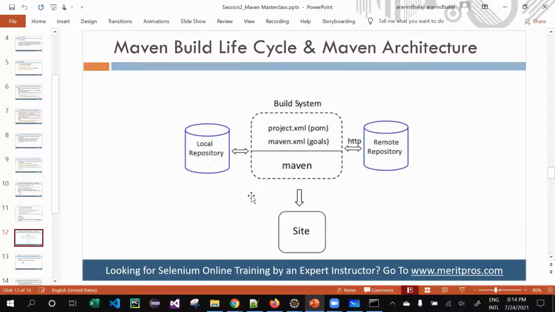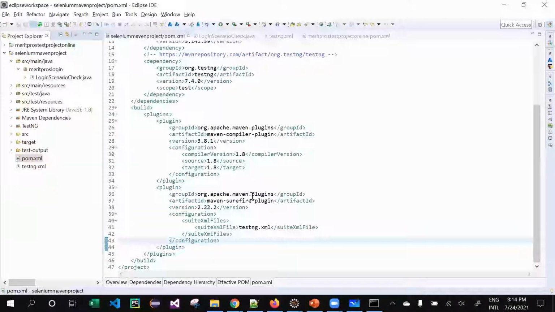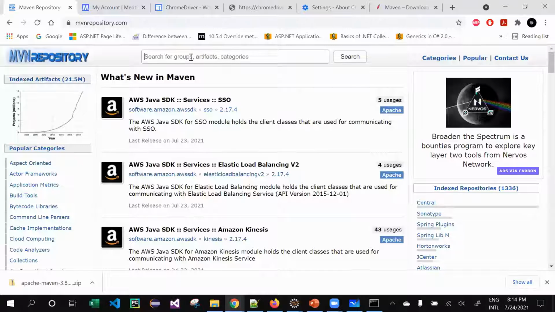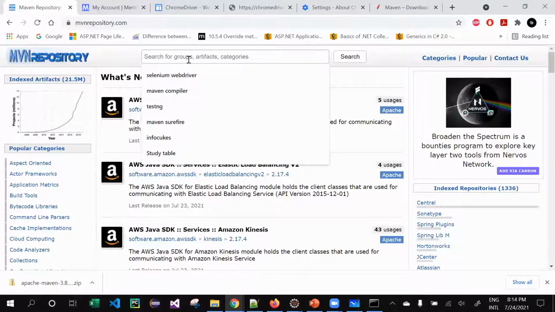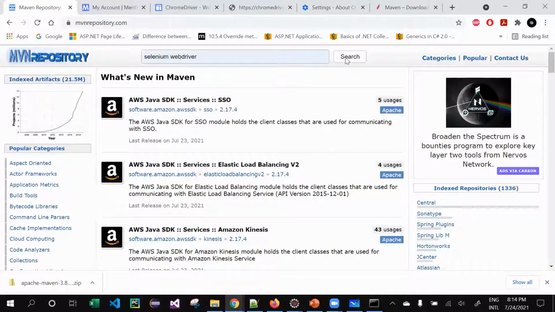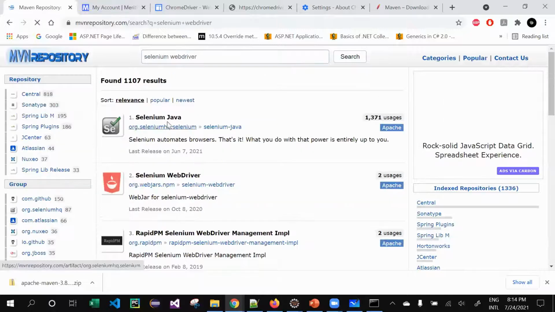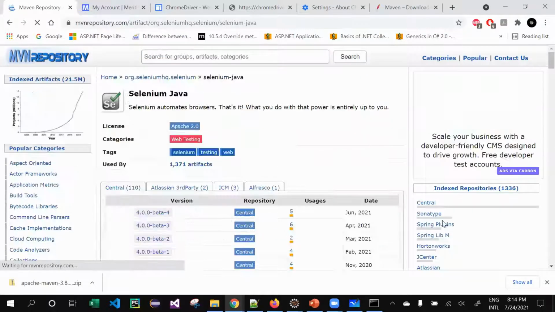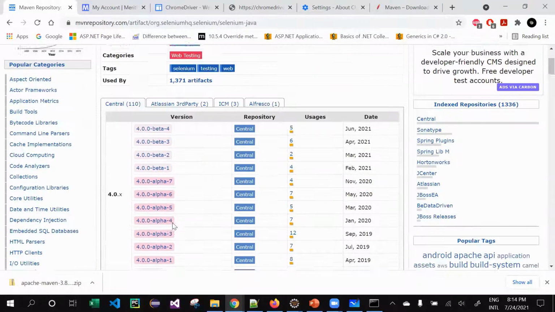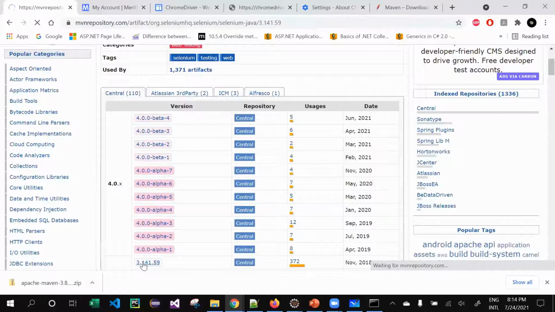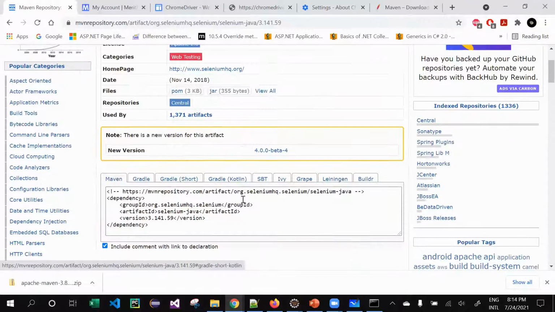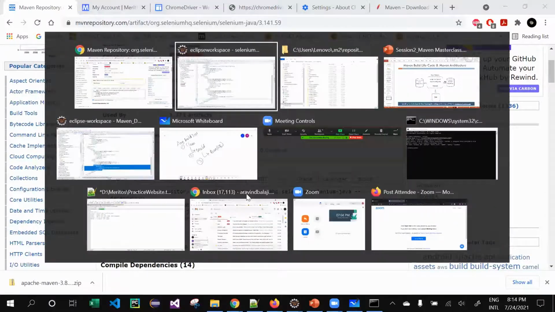Your local repository is nothing but your laptop or your desktop. Your remote repository is something like the Maven MVN repository, for example Selenium WebDriver. If you search for it, whatever is available over here, like 3.141.5, is your remote repository.